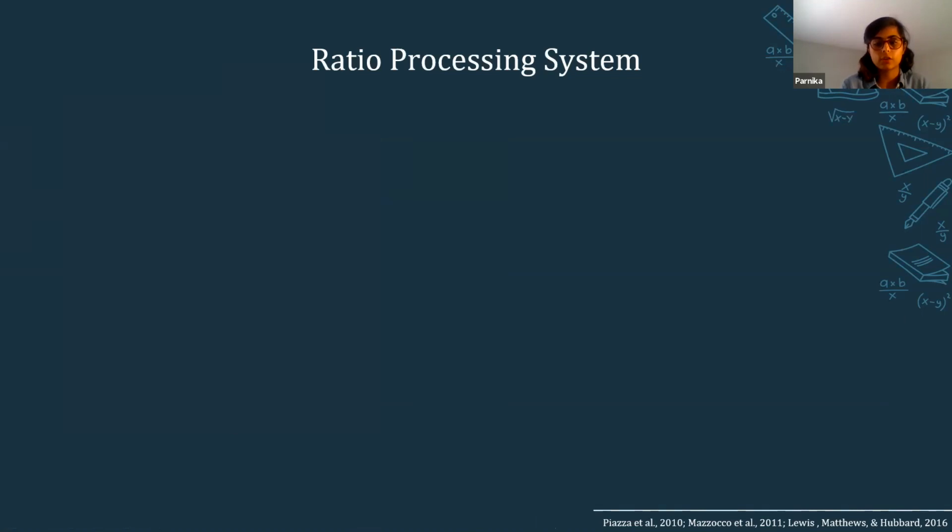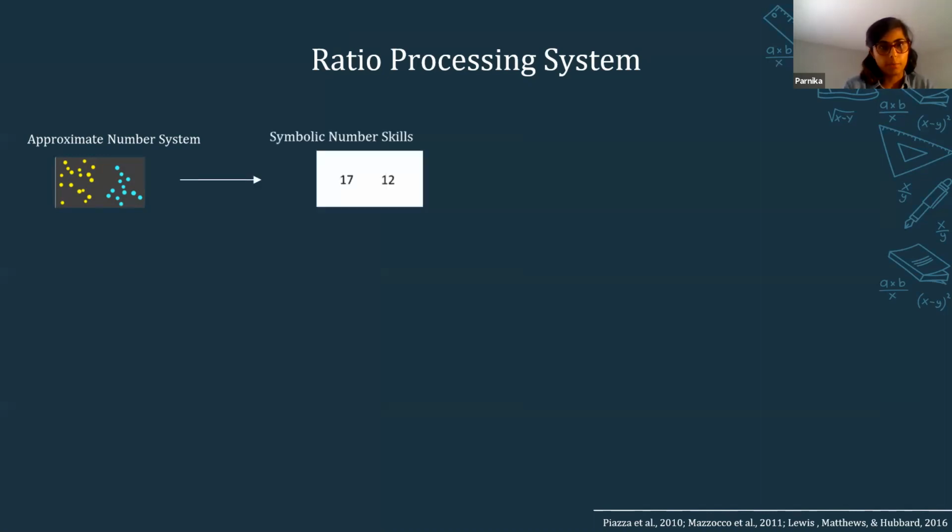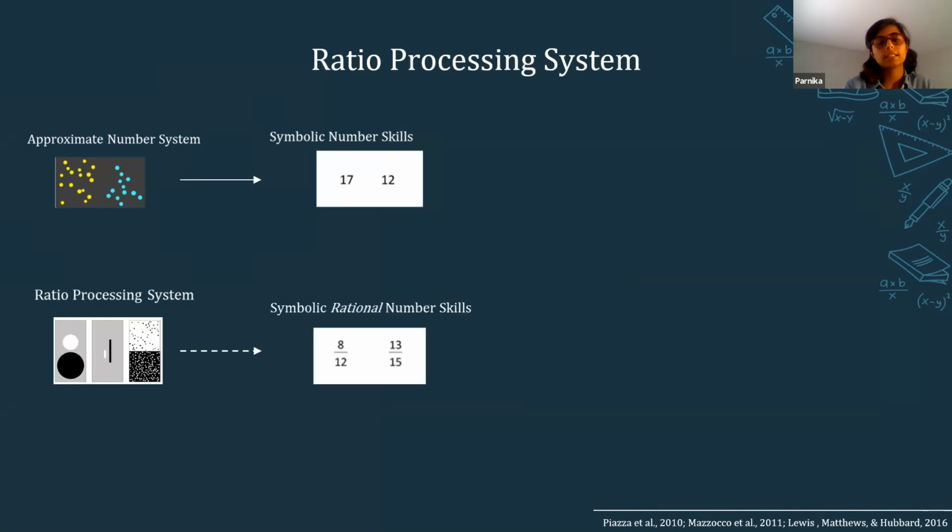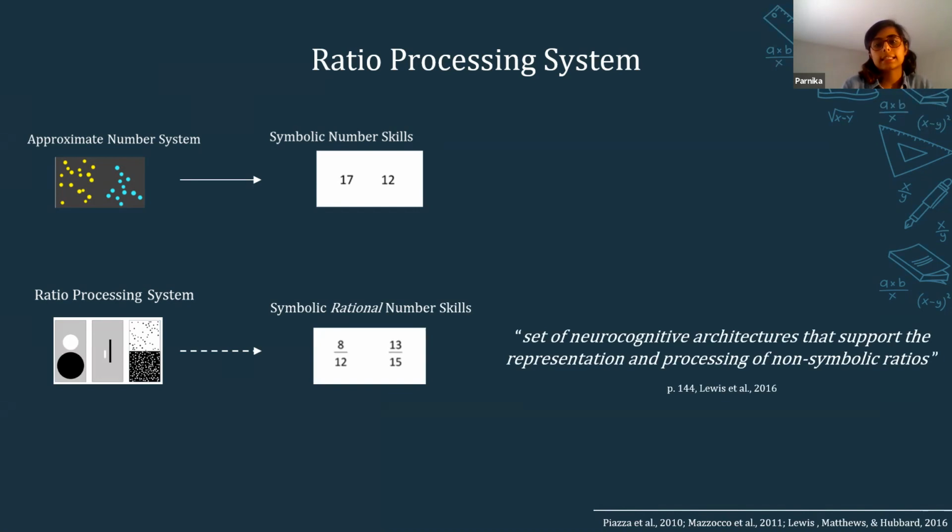And as Yunji has already mentioned in her presentation, so I would not be going into the details, but similar to the approximate number system that has been posited to perceive and estimate non-symbolic magnitudes and might contribute to symbolic number skills, recently the ratio processing system has been shown to perceive and estimate non-symbolic relational magnitudes and might underlie symbolic rational number skills. So it is defined as a set of neurocognitive architectures that support the representation and processing of